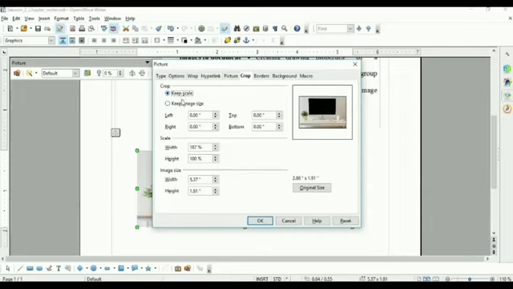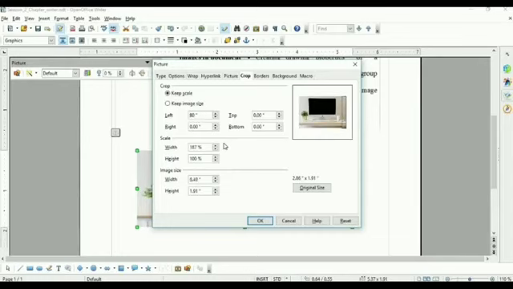Suppose I want to select the first one, keep scale. At that time it requires how many inches you want to cut, either from the left side, right side, top or bottom. So here I want to cut 5 inches from the left side.